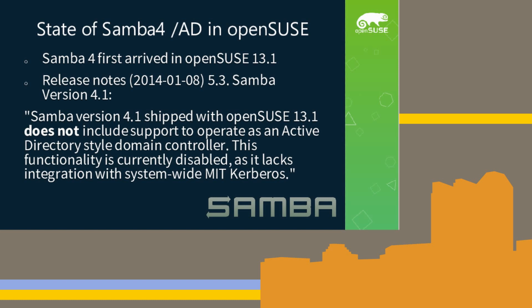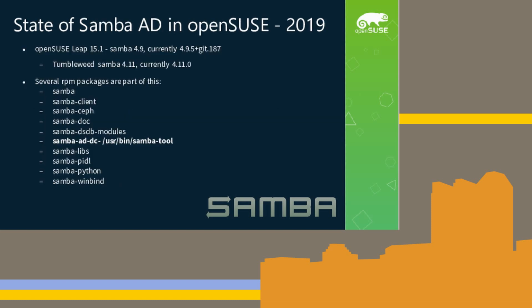So anyway, here's the way Samba and Samba AD happened in our distribution. Samba 4 first arrived in 2014. In January of 2014, we had Samba 4.1. And we told everybody it does not include support to operate as Active Directory. So sorry. You can just use regular shares and all of that because it did not integrate with MIT Kerberos. But magically, in 4.7,